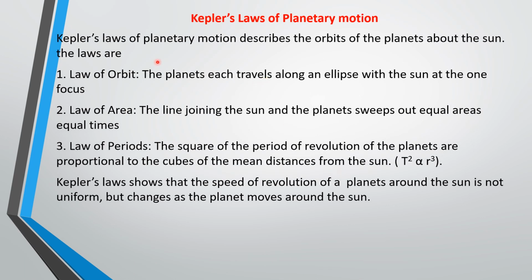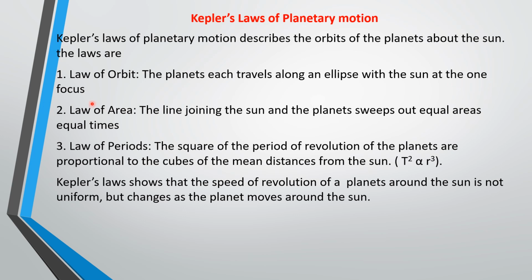So Kepler's laws actually describe the orbits of the planets about the sun, and there are about three laws that Kepler used to describe the orbit of the planets about the sun. One of them is law number 1, called the law of orbit. This law says that the planets each travel along an ellipse with the sun